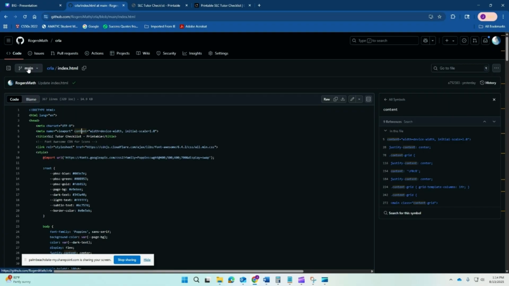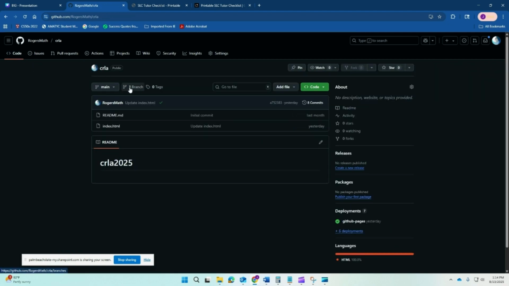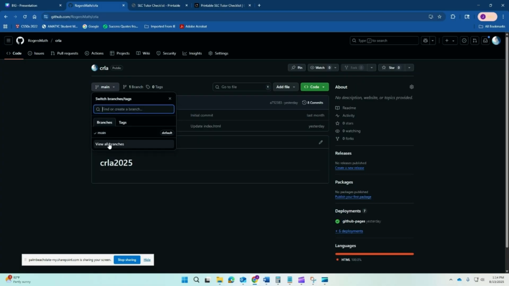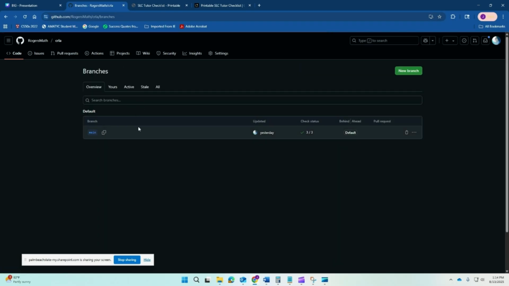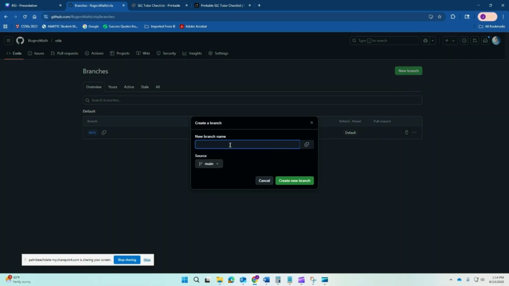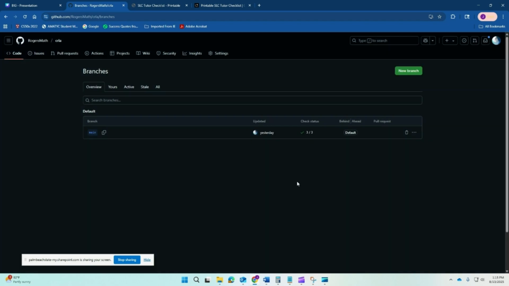What I'm going to do is start a new branch. So you see here where it has one branch? I'm going to click on main, and where it says view all branches, I'm going to click that, and it lets you create a new branch. On yours, you could keep the original branch as I have it, or you could directly edit it. I'm going to make this a new branch, and I'm going to call this 5 because this has only 5 points. So let's create this new branch,